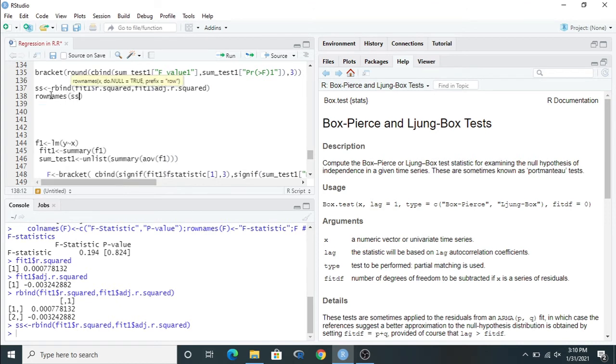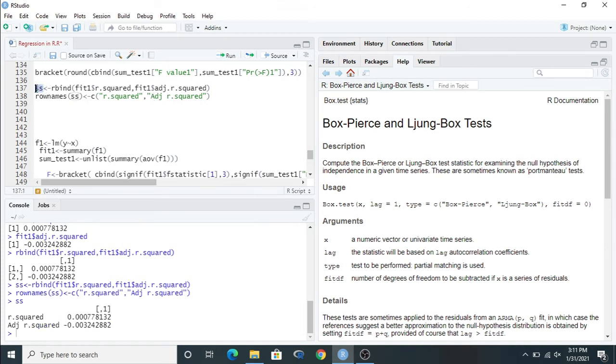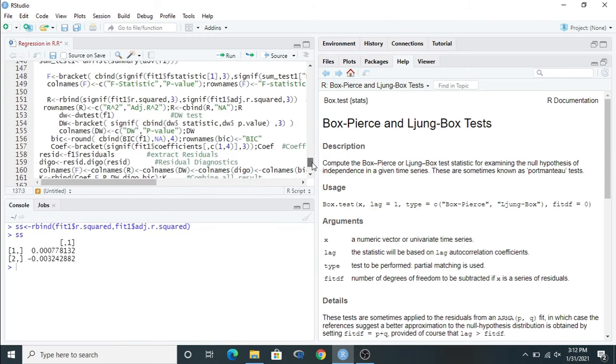of double S, and you can put here first one is the r square and second one is the adjusted r square. You can put here r square, you can copy from here to here and paste here, and the second also you can put here, just 1 minute, adjusted r square, you can put here adj. Okay, just run this and you can see the result of adjusted r square and r square.